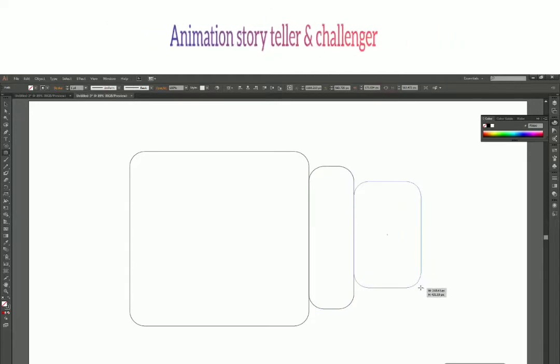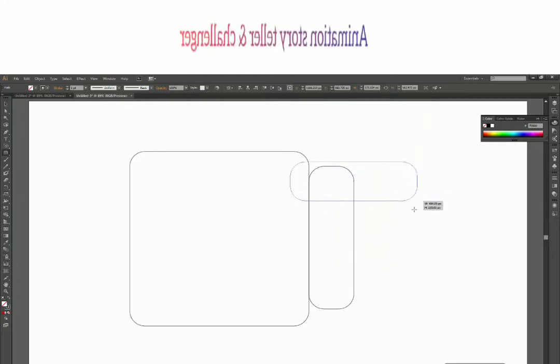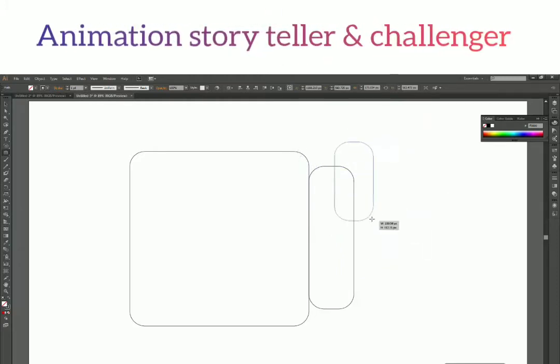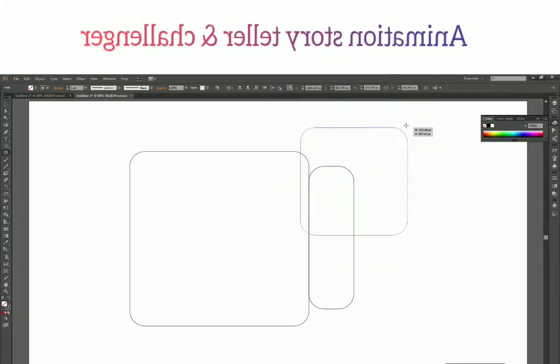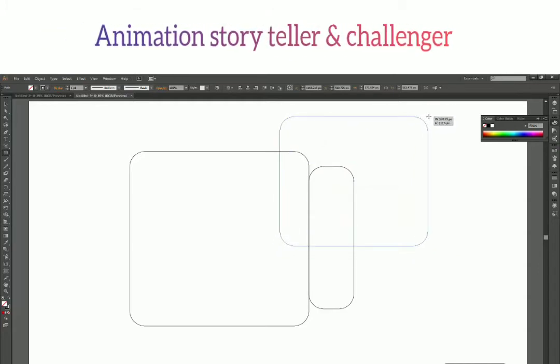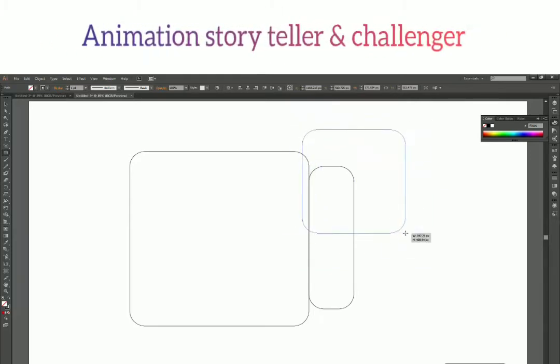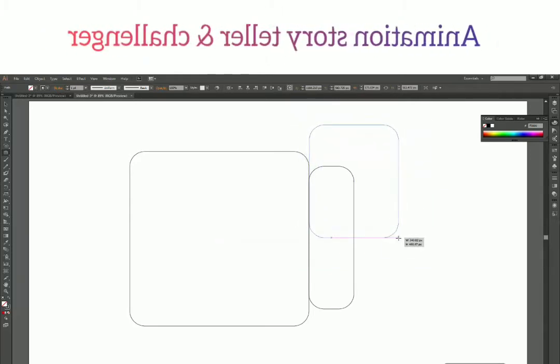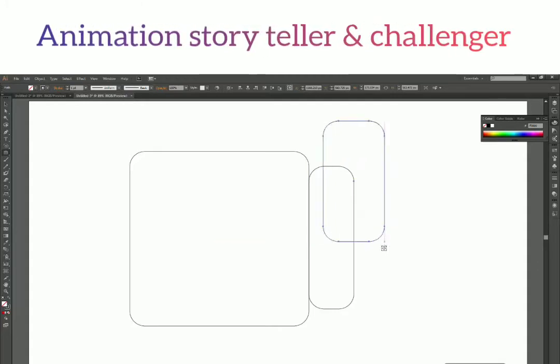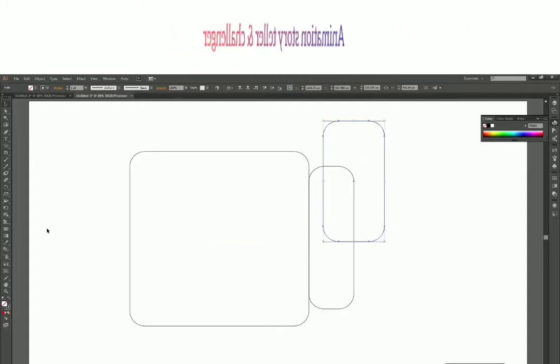So like in rectangle tool, when you press Alt key with rounded rectangle, it shifts the center of a rounded rectangle, and now you can scale or increase the size of a rectangle or decrease the size from all the sides. Okay, so that looks good, and release the mouse and release Alt key to create your shape.